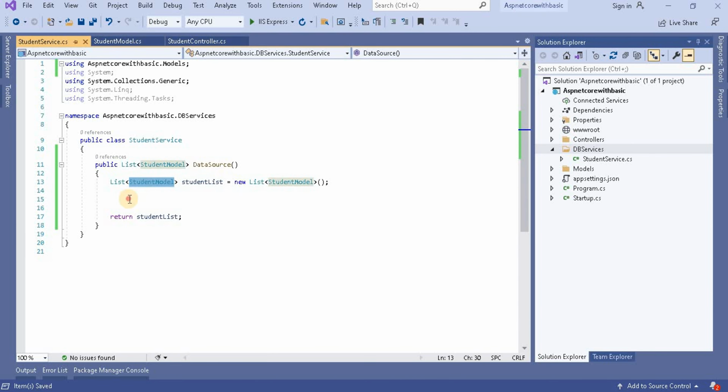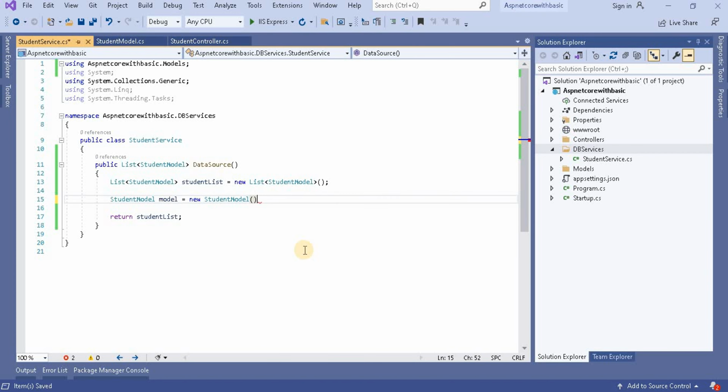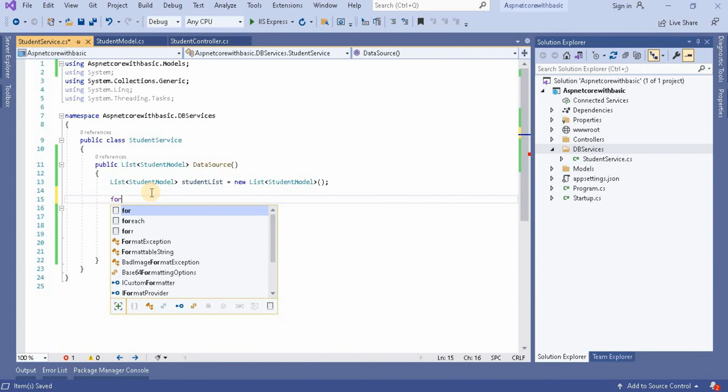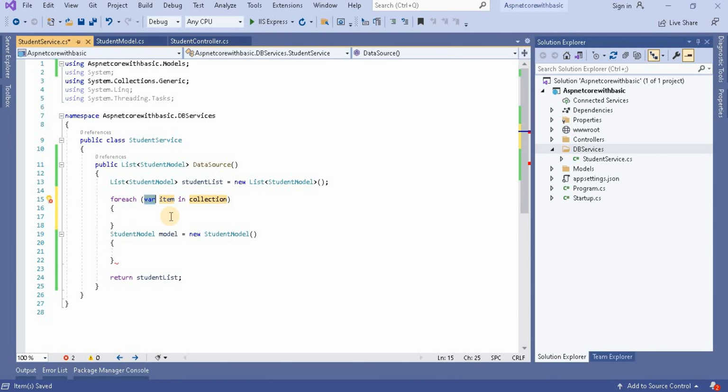For that, I will create a student model, model equal to new student model, and here, for making faster data, I will do it inside this.